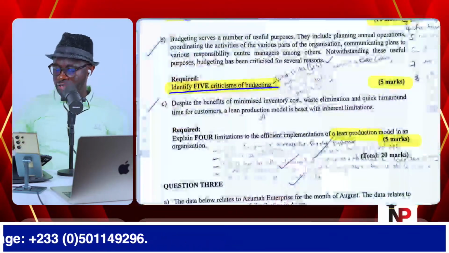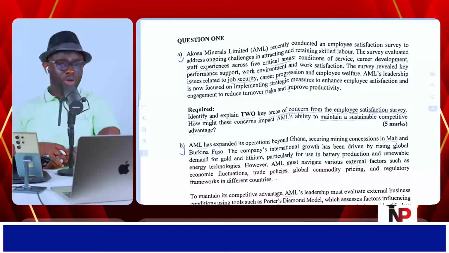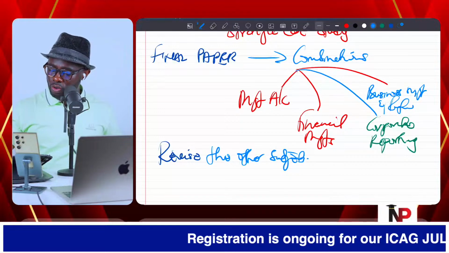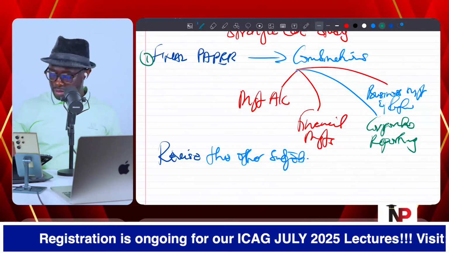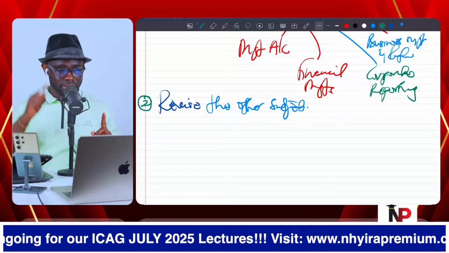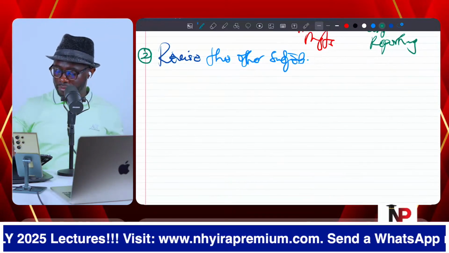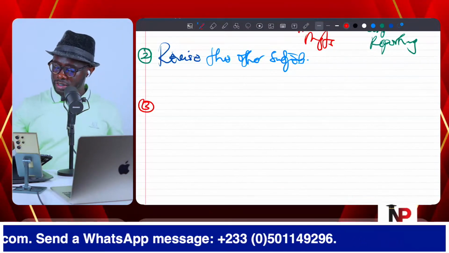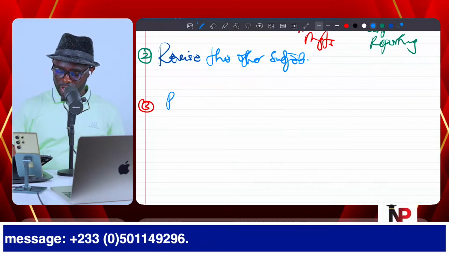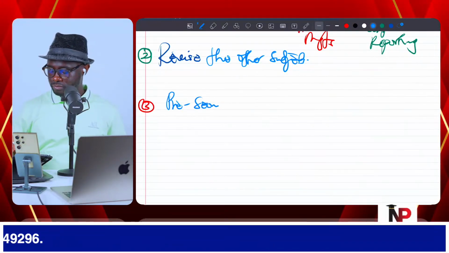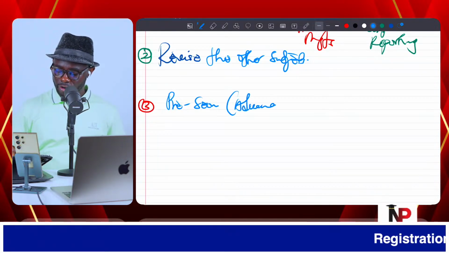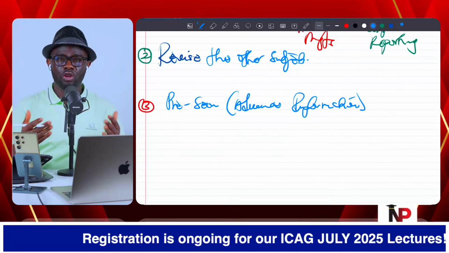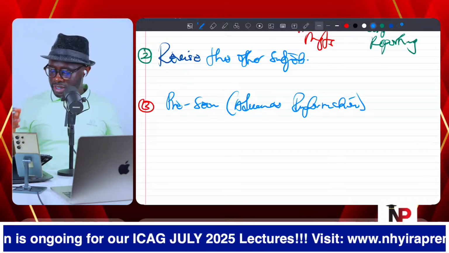And so if you look at, for instance, last semester, what the examiner brought, before I go there, let me also add the third thing. So number one is a combination of subjects. Number two, you have to revise those other subjects, some key topics there. Number three is for you to make sure that you know that there will be a pre-scene, or what can also be referred to as advanced information. So the examiner is going to be presenting us, or ICAG will present us with advanced information.